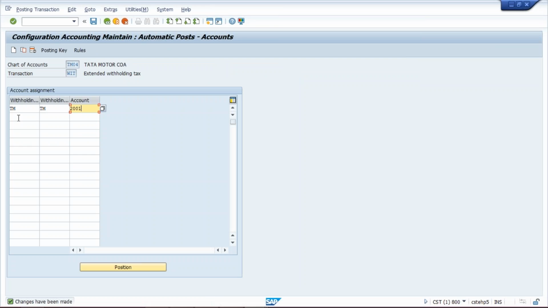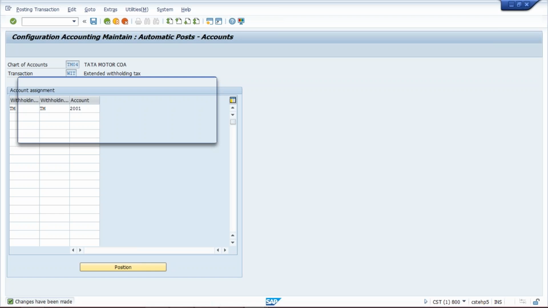Okay, and if you have created another tax code for rent, let's suppose we have created TR, tax code also TR, and for that if you want to give a different GL, you can give it here. Since we have not created this, if you guys want to experiment, that's not a problem. So this is how we have to save this.